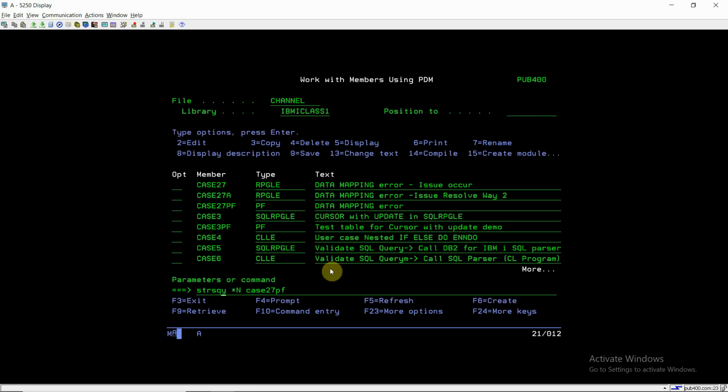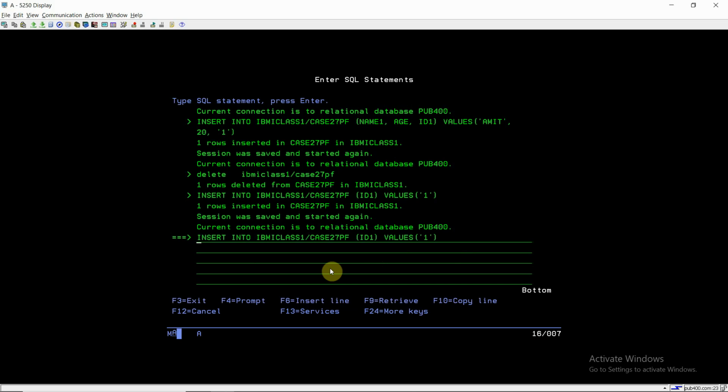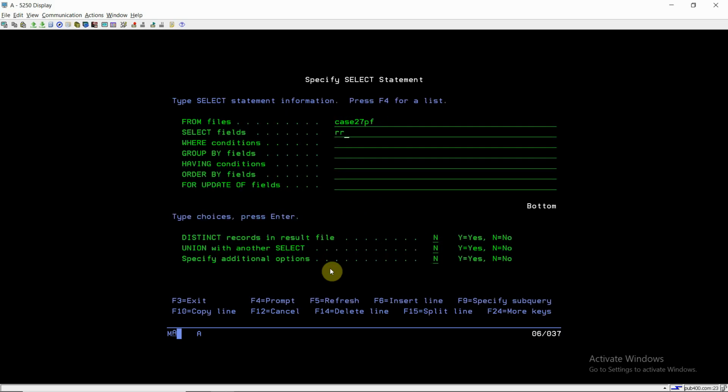So I'm going to select using SELECT * from case27pf, comma, making an alias name A, so it would be A.*.